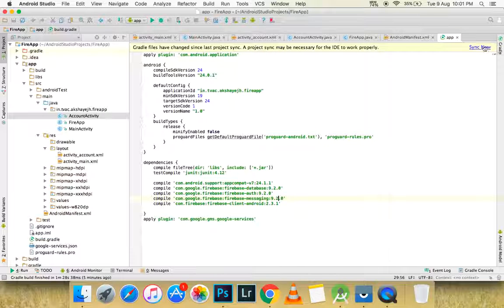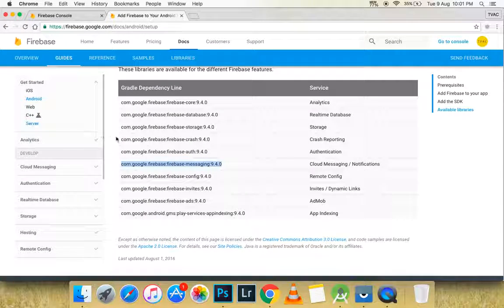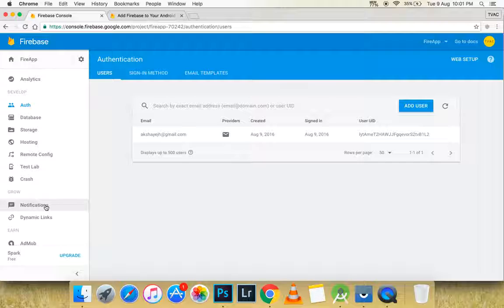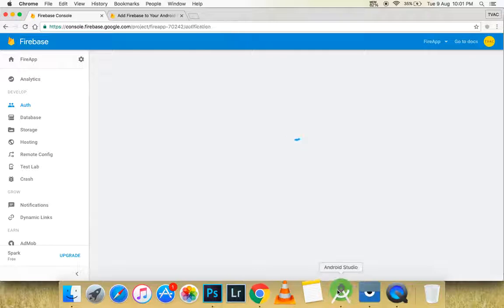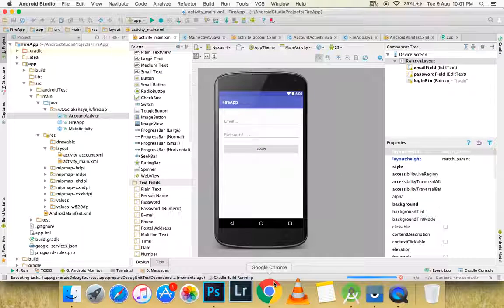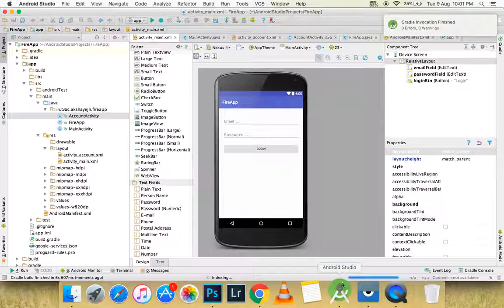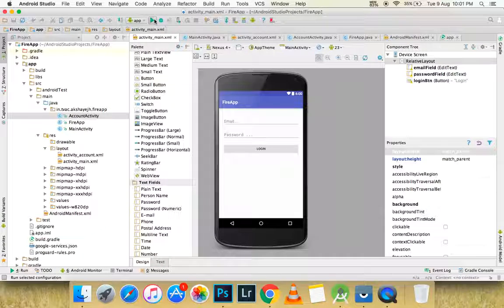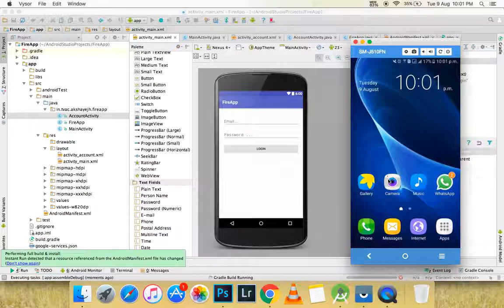Okay, now let's click on sync and go to the console, and here it is inside the notifications. Let's see if the Gradle build finished, and here it is, send your first message. So let's hit the run button for our app, and once the app gets loaded,